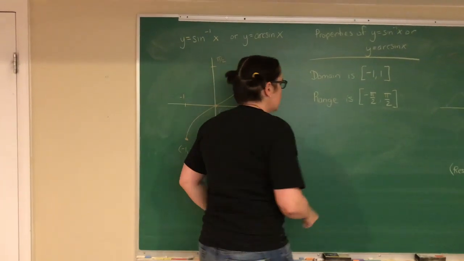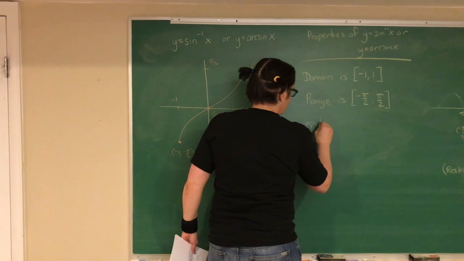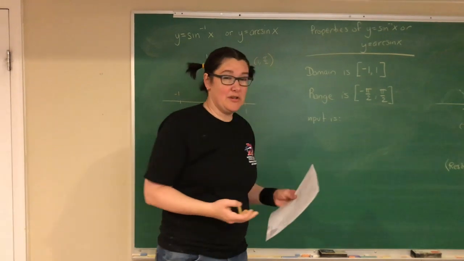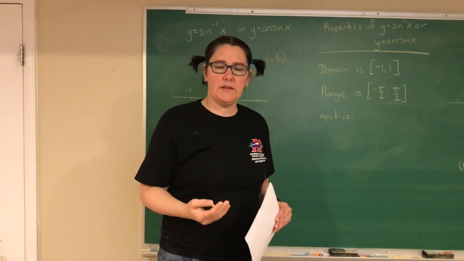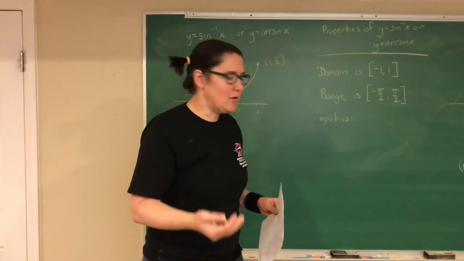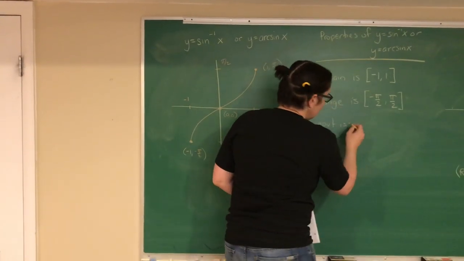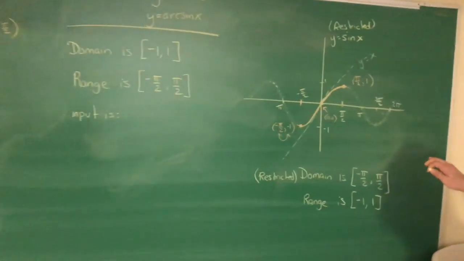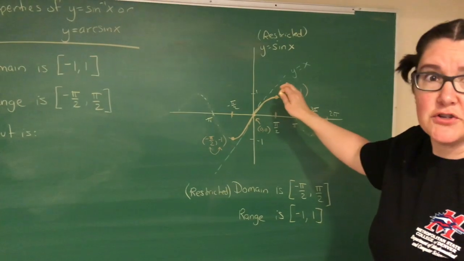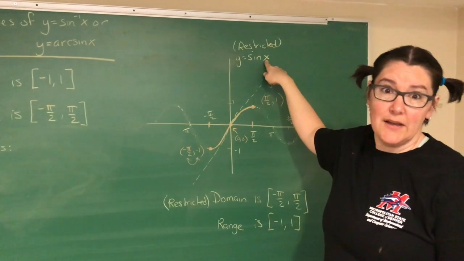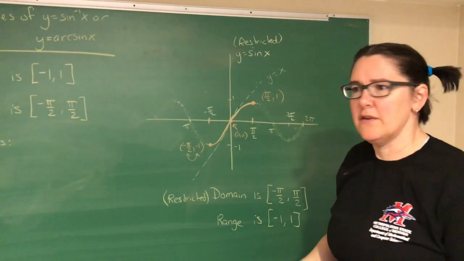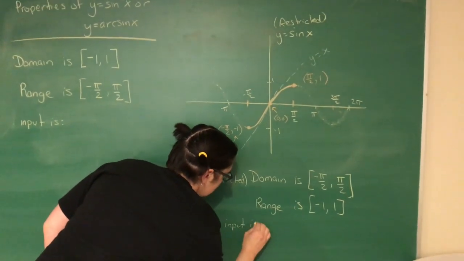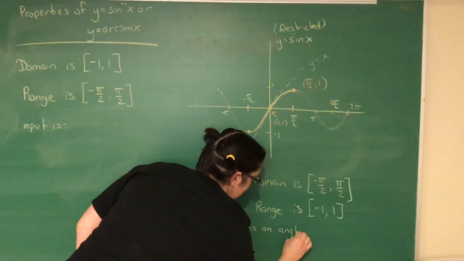Some other observations are important. When we're thinking about an inverse function, it's really important to keep clear about what the input value is and what the output value is. So to think carefully about those, I want to go back to the original function. On the original sine function, the thing that we input is an angle: sine of 30 degrees, sine of π/2. These are angles, and so in the original function, the input is an angle,